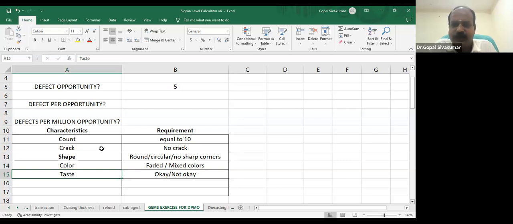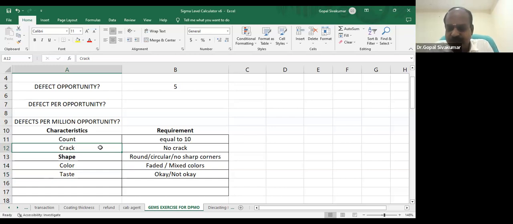Sometimes if you have an instrument and you measure exactly the diameter, that is an accurate measurement. But here you are only detecting the presence of a crack, isn't it? If somebody asks you, can you give me a numerical figure? You may not be able to. That means your measurement is a little weak here, but even then it is enough for my project.